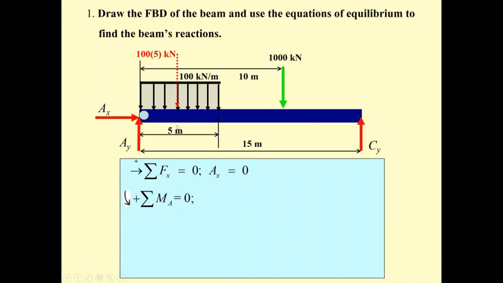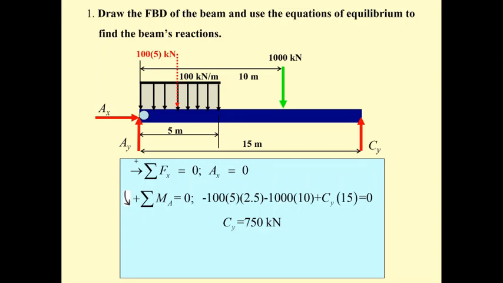And the rotation clockwise, that's negative. The 1000 kilonewton is 10 meters away from A, and it's going to rotate clockwise. So we have the C sub y that produces positive moment. The 1000 kilonewton times 10 produces negative moment, the green, and the red also produces the clockwise direction, which is negative. Okay, it's going to be 100 times 5, and then times half of 5 meters, and then C sub y is